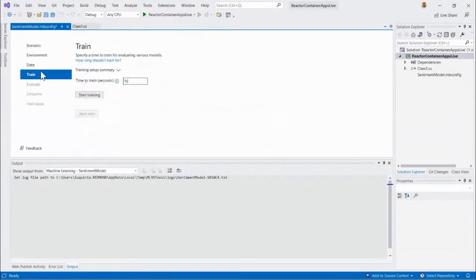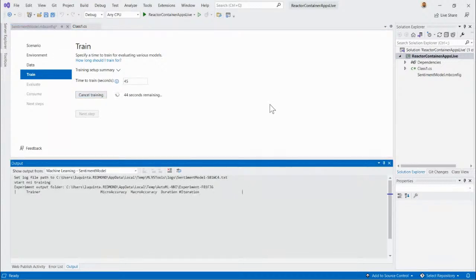I then go ahead to the next step, which is a training step. And in here, I select how much time I want to train for. Now, in this case, because I'm streaming, it might take a little bit longer, but this is really going to depend. And this is auto-selected for you based on the size of your data, your CPU, and different factors. So there's a lot that goes into this. In this case, let me go ahead and set 45 seconds as my training time,